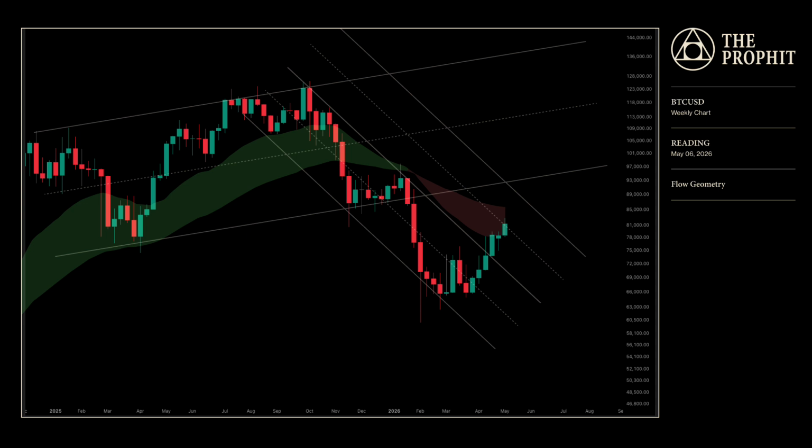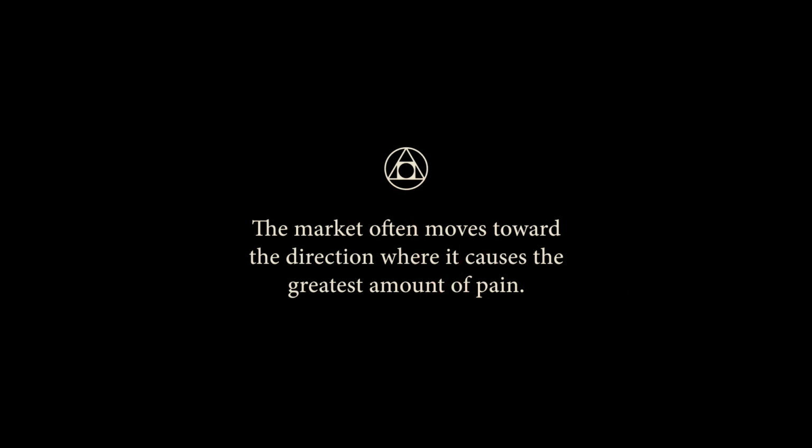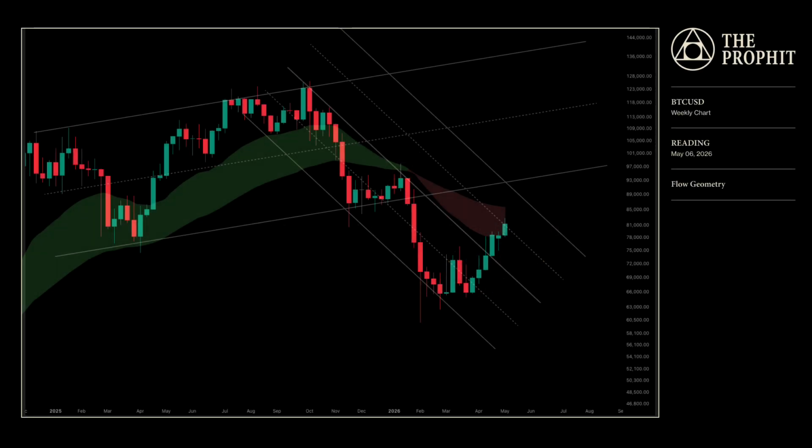And if there is one thing I have learned throughout my centuries of observation, it is this. The market often moves toward the direction where it causes the greatest amount of pain. And so, if optimism once again begins to dominate the crowd, I shall expect further declines, and lower prices often become opportunities for new accumulation. I will remain watchful,